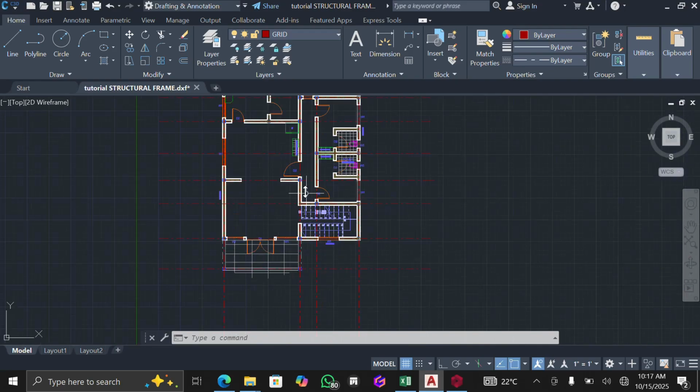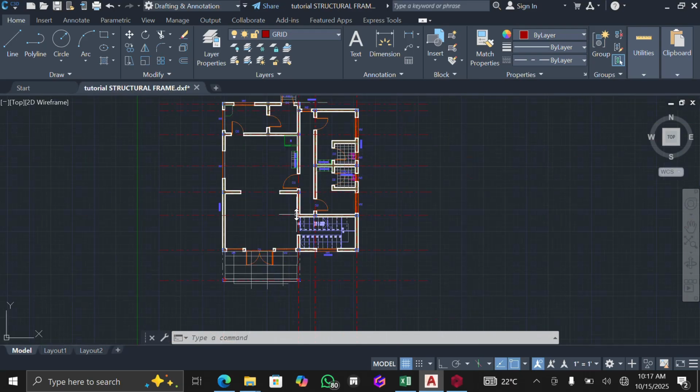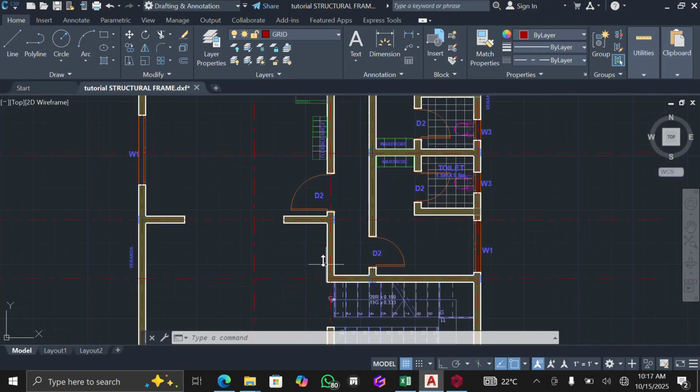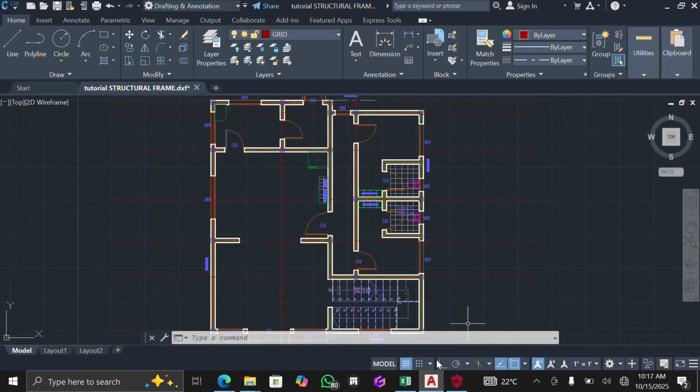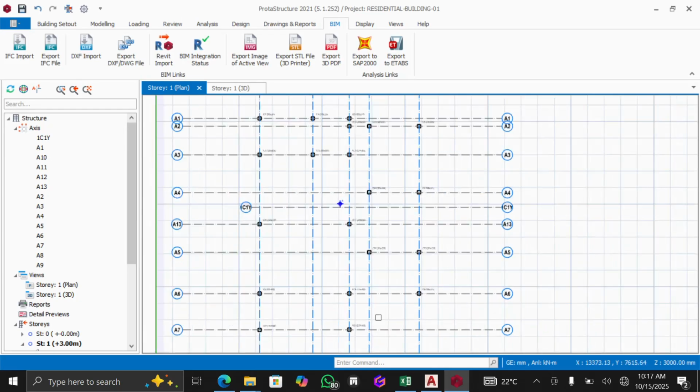You just have to always cross-check and be very, very sure so that you don't miss anything. You understand? Yeah, I think we are good to go. So when I come back to my product structure, just like that,